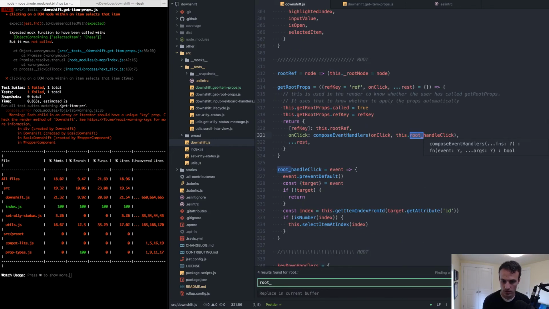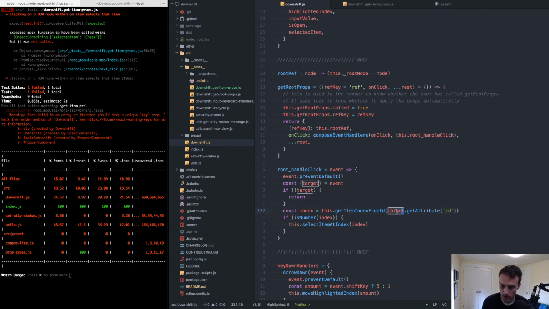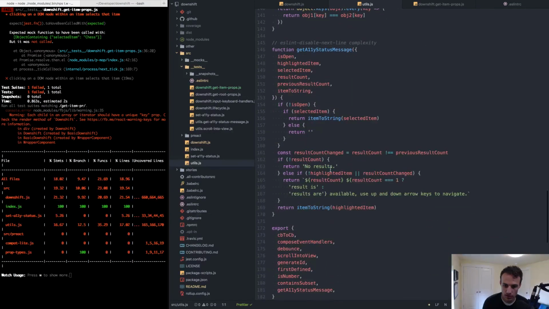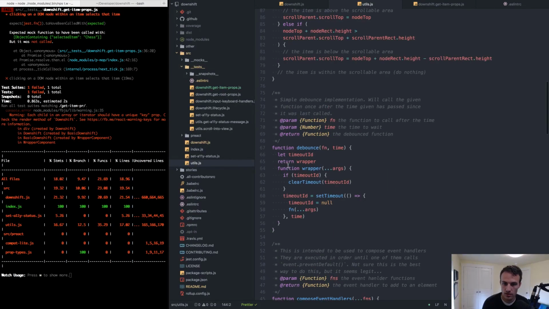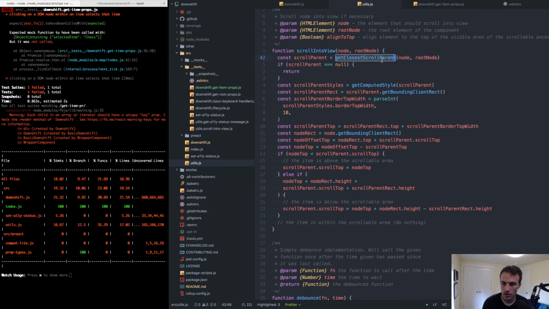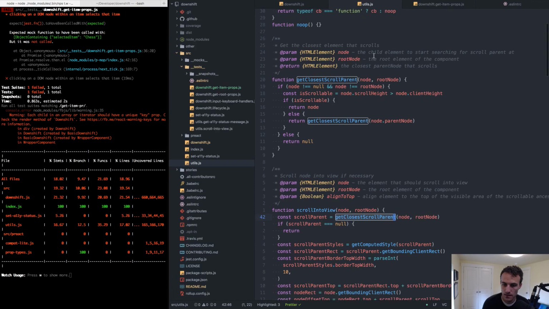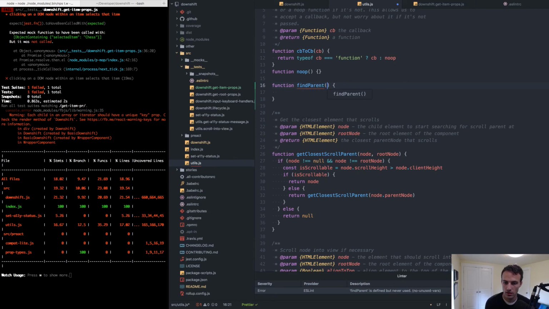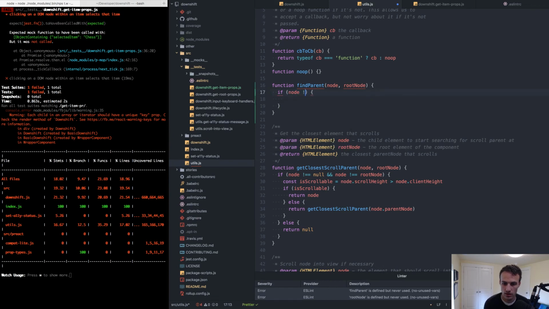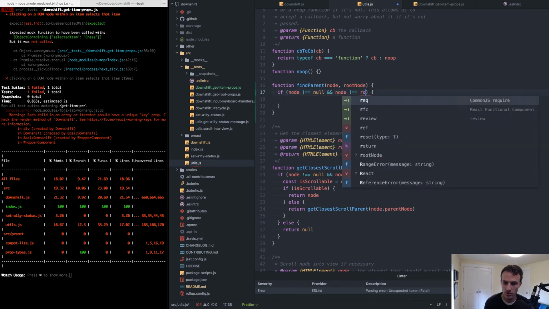Root, handleClick, target, getAttribute. Okay, we're going to do in our utils, right up here, getClosestScrollParent. I think we could probably abstract this for both of our use cases. Function findParent, node, rootNode, and we'll say if the node is not equal to null and the node is not equal to the rootNode,